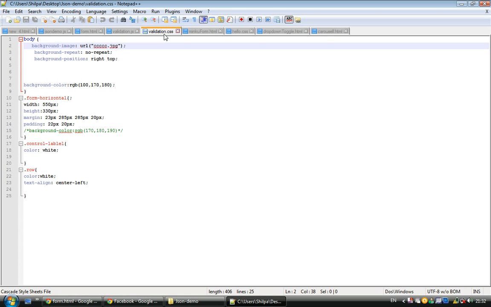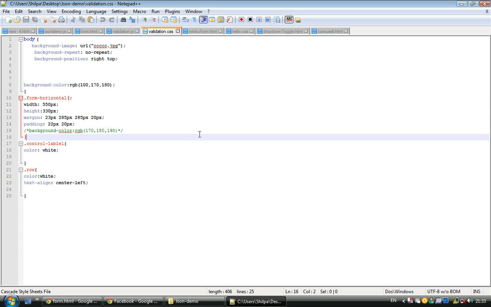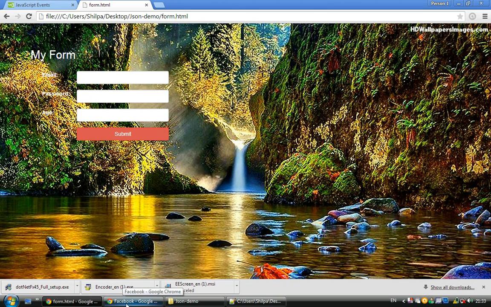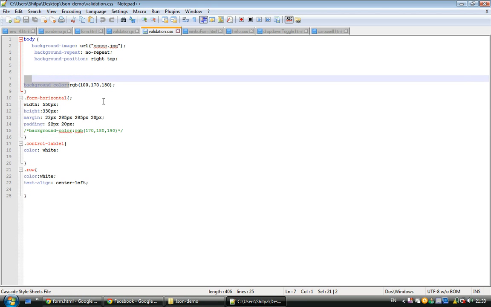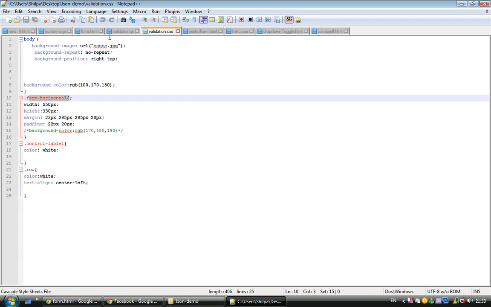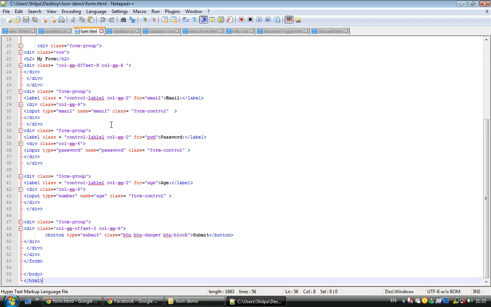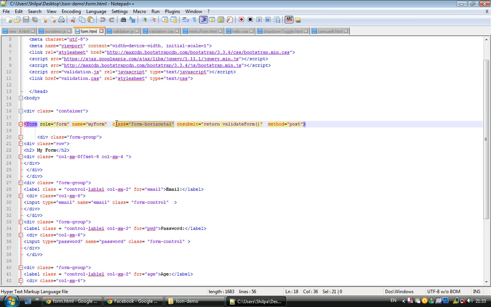For web designing we use CSS. There is a CSS background image, which I show you. Then the form-horizontal class has a background image.